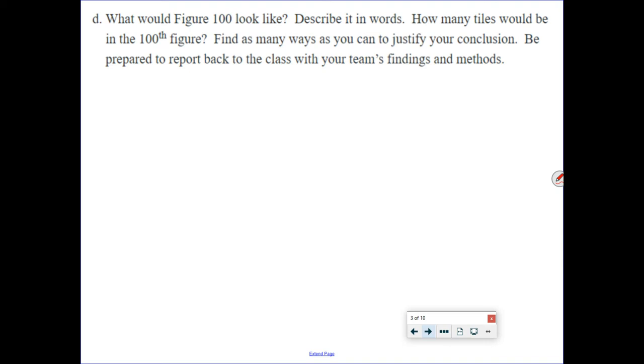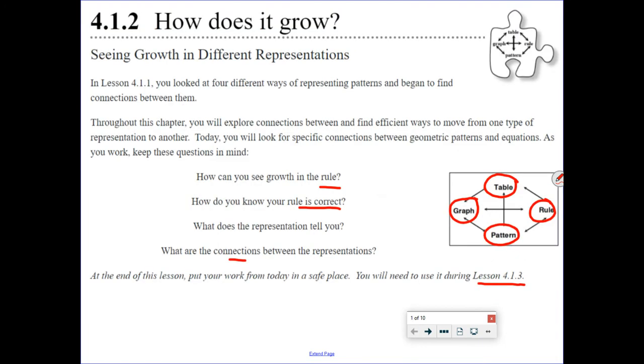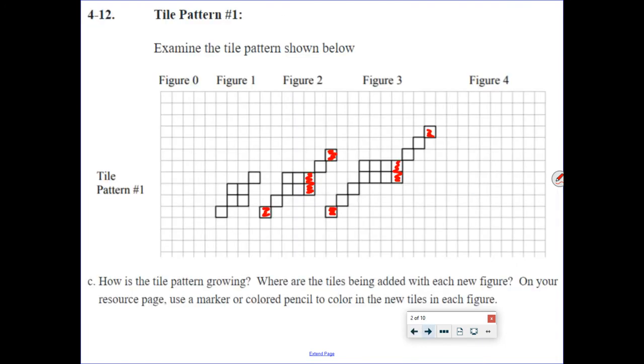I think we were supposed to also go ahead and figure out tile pattern figure 0 and figure 4. So figure 0 and figure 4 are not included for some reason in here. So I'm going to do it here. So think about it. If these were added and these 2 here were added, that means let's go with figure